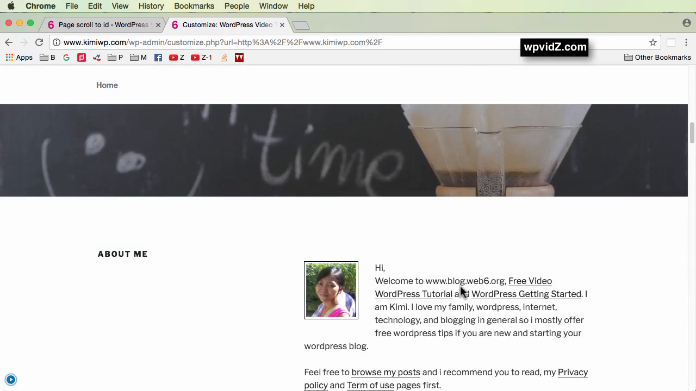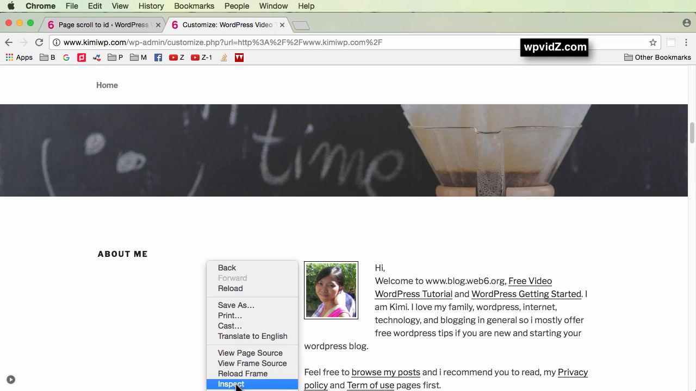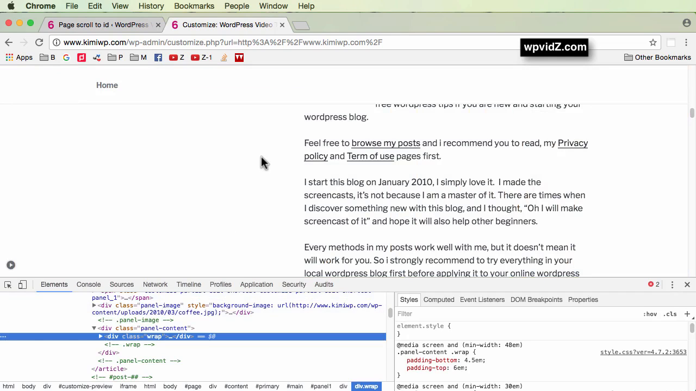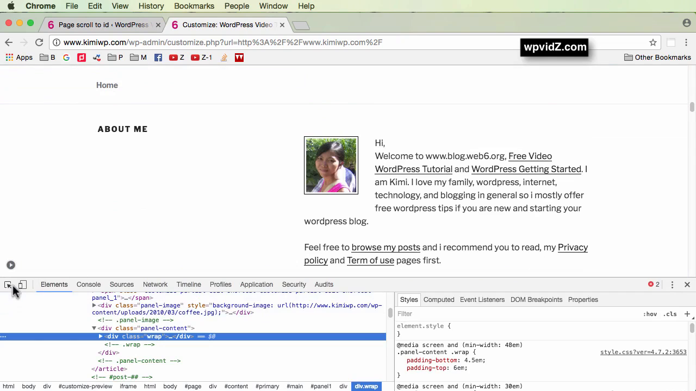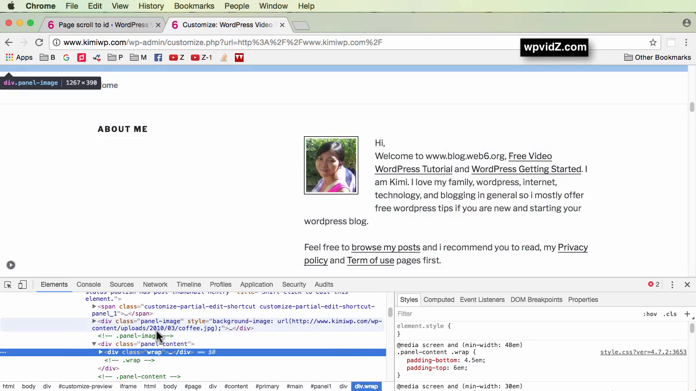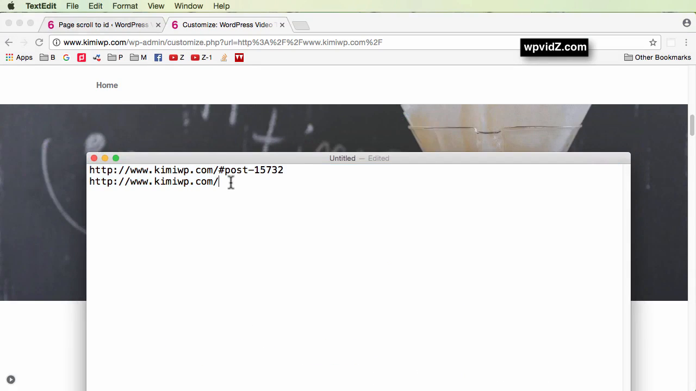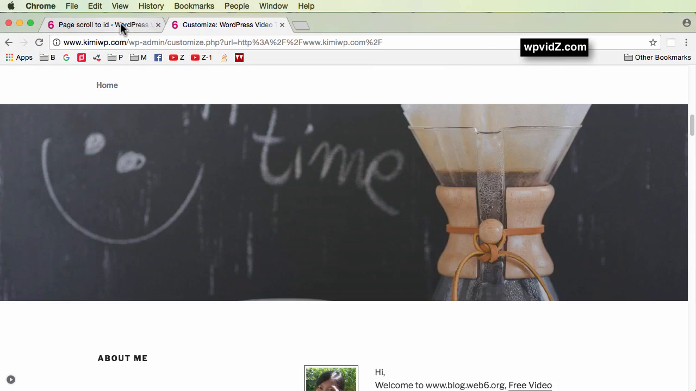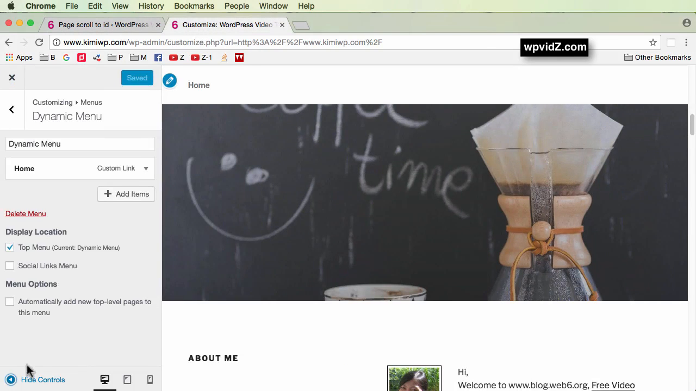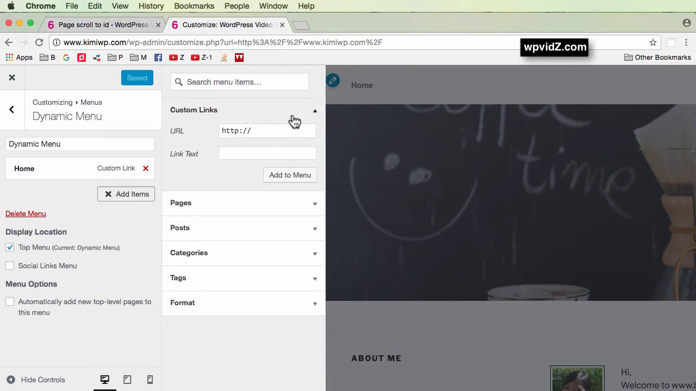We forgot to inspect this about me page. So right click, inspect again. And go to the about me area. And look wherever the ID is. There is article ID panel 1. Double click that, copy this, and then go to our text editor again, and after the slash, add design, and paste that in. Copy this second URL, go to your customizer, going to add items, choose custom links, and put